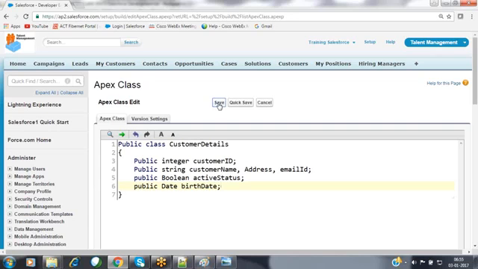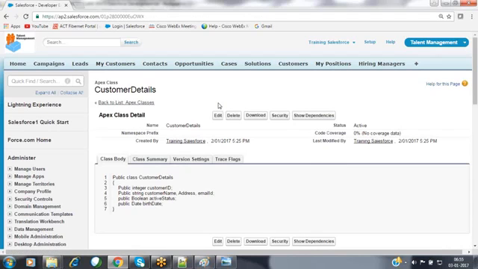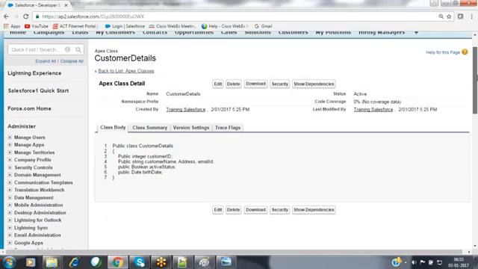Now I'm saving this code. Click on save button. It has saved the code successfully here. There are no issues inside my code. And now, if you want to create a class by using the developer console, then how can we create that? Now this class is available inside that metadata repository. Then how do we know whether my class is available inside the metadata repository or not here?